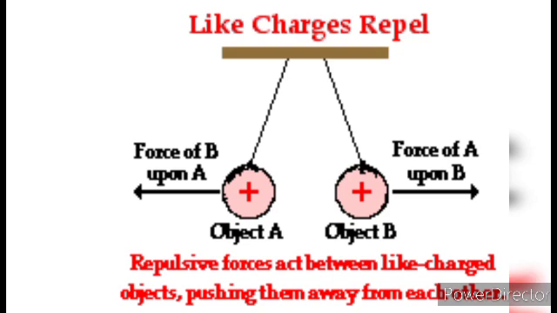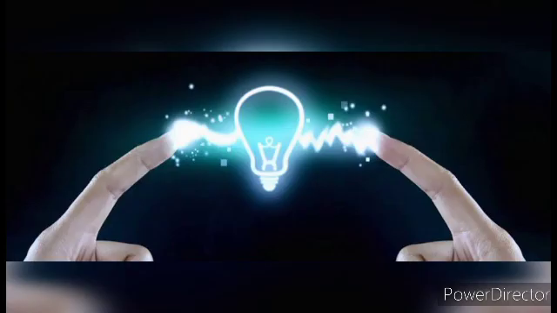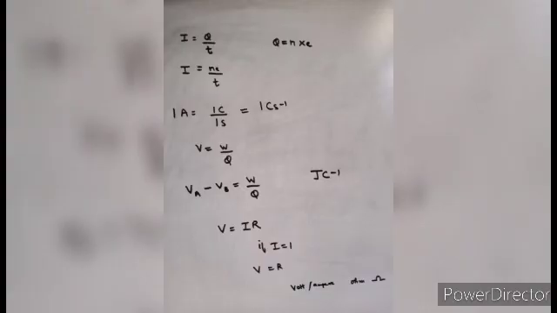With this charge, another concept arises. This is current. Current, the charge in motion, constitutes the electric current. Now what is current? Current is defined as the rate of flow of charge, or in other words, the current flowing in a conductor is the amount of charge flowing per second through it. So if a charge q flows through the cross section of a conductor in time t, then the current I will be I equal to q upon t.